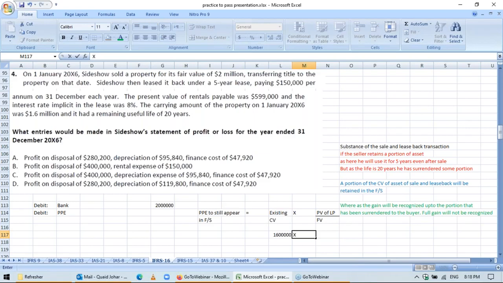That is how much he's going to pay. What he's going to pay is the present value of rental, 599,000. This is excluding interest, and the fair value is 2 million. So what does this mean? If he's paying only 599,000 out of 2 million, it means he has retained this much of the portion. So this is the retained portion